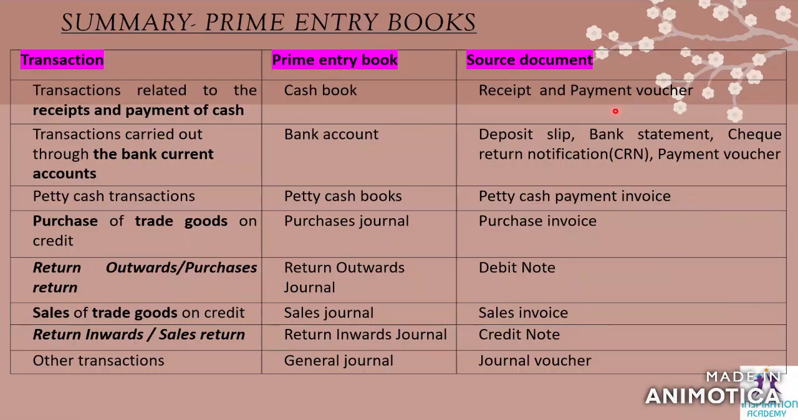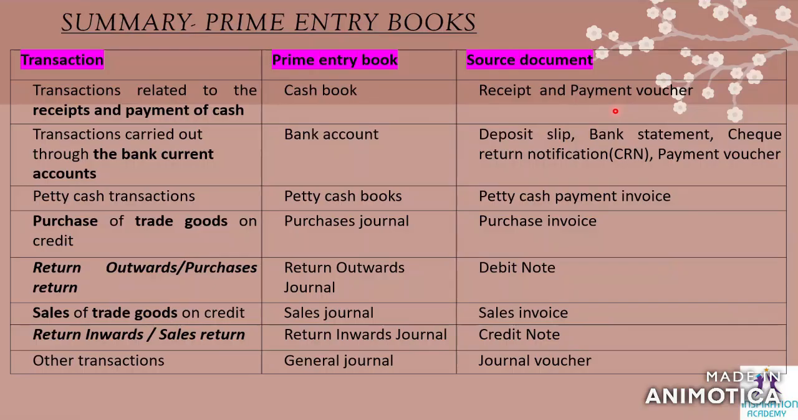Purchase of trade goods on credit, or as we can say credit purchases, are recorded in the purchases journal. And the source document is the purchase invoice. And return outwards and return inwards are new things for you. That is also not given in your textbook. But in an activity given after the lesson in your book,